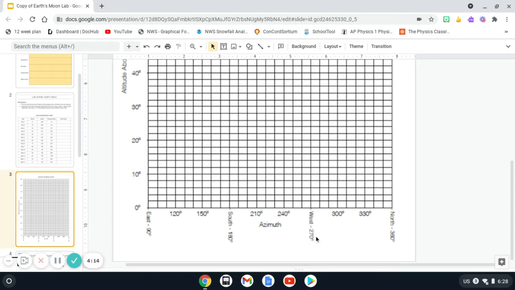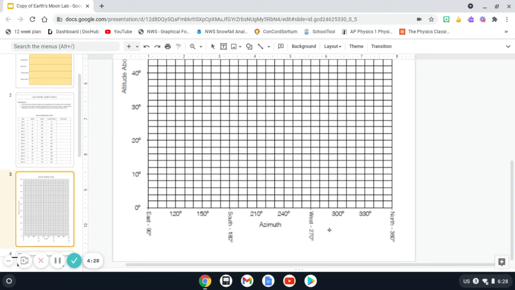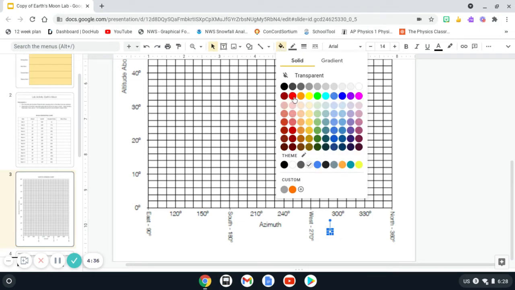So we have 270 here, it's labeled. 280, and then that one would be 290. Now, what do I need to put there? Well, you can go up to your shapes, click on shapes, and make yourself a circle. And so what you want to do is click and drag. I'll do it below here, and then I'll move it into position. Click and drag, nice and small, and I'm going to fill that in with a color that's pretty easily visible,